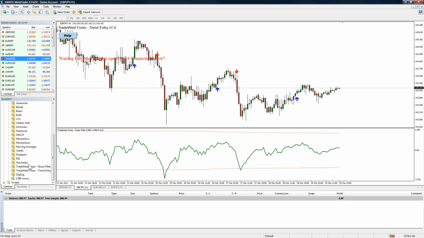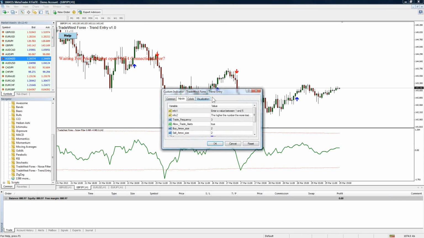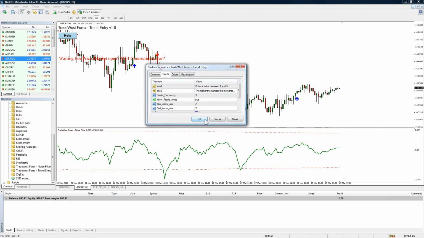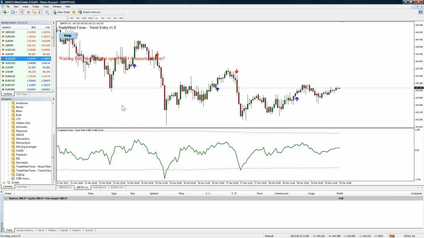And that's not enough for me, so I want to go in and grab another one. So I'm going to grab another trend entry. I'm just dragging and dropping it onto the chart there. And now I'm going to say, okay, I want to see a 1. I want to see a very infrequent, a pretty confirmed signal. And my last size of a 3 frequency was actually a size 3 arrow. I want to go up to a size 5 arrow now because this is a pretty confirmed signal. I'm going to put 5s there. So hopefully that makes sense.